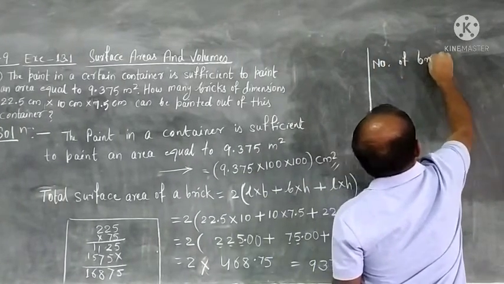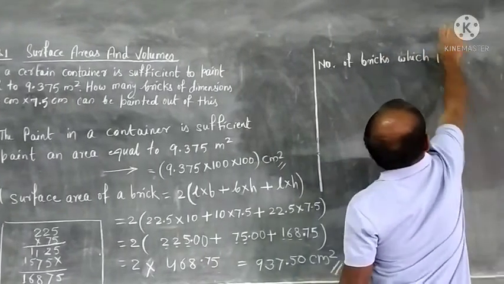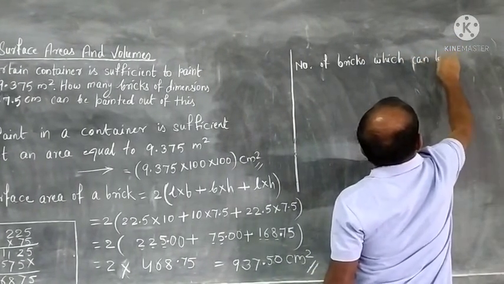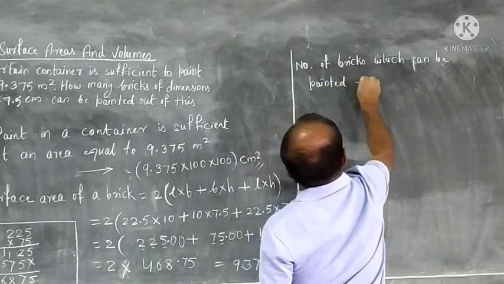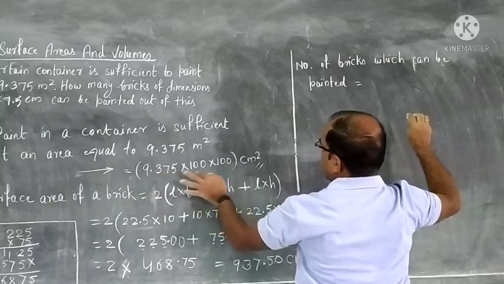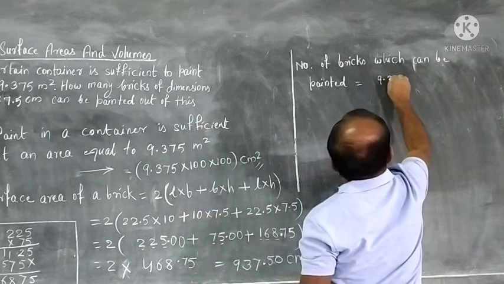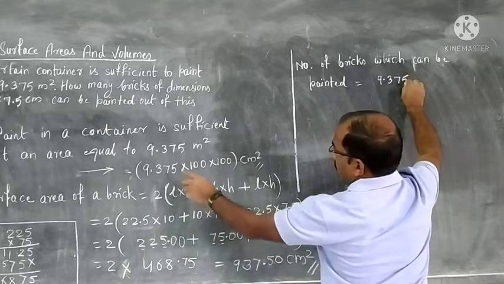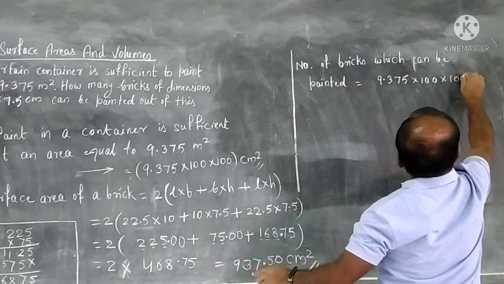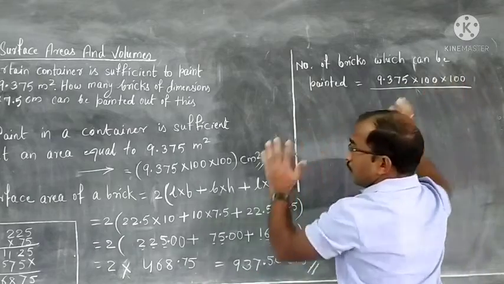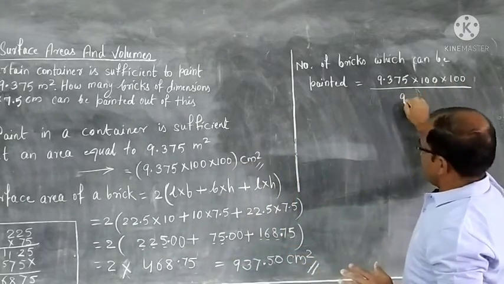Number of bricks which can be painted is equal to how much area it can paint? 9.375 into 100 into 100. So total this much paint is there, this much area we are able to paint. One brick's area is